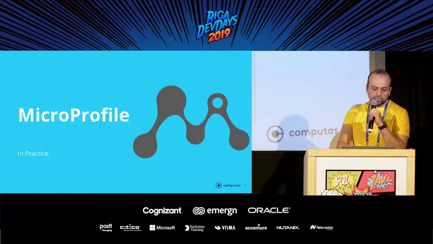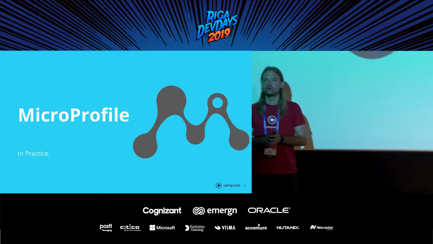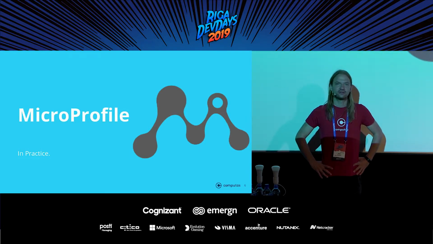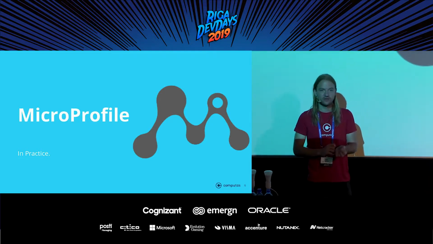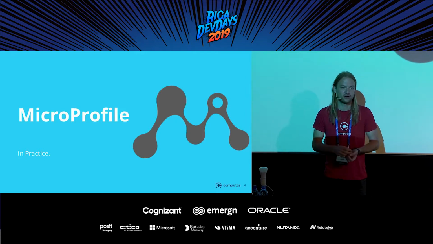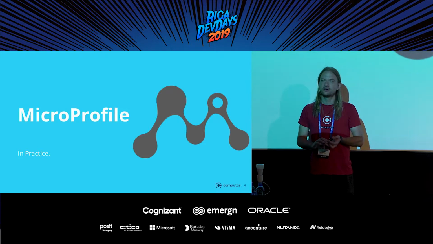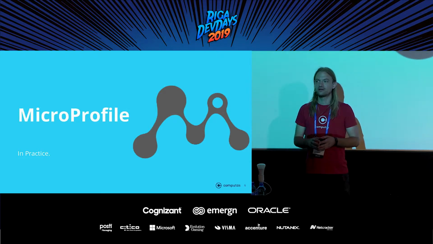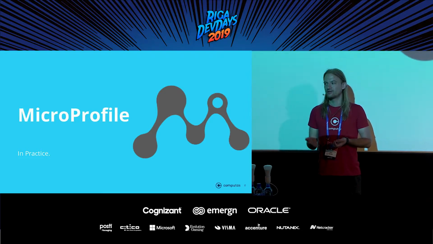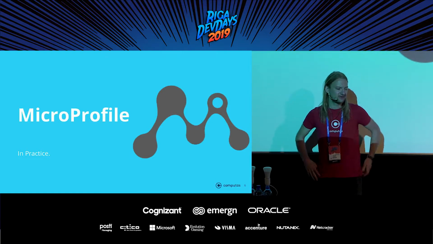Let's head on to MicroProfile and tell you what MicroProfile actually is. How many of you know Java EE? Well, some more, that's much more hands. Good. Easily put, MicroProfile is Java EE for microservices. It's an initiative that came out a couple of years ago from lots of groups, as we'll see in a second. It's a standard, so there is no MicroProfile implementation as such. In the same way as Java EE, it's a standard that you can implement with a TCK and all these things.